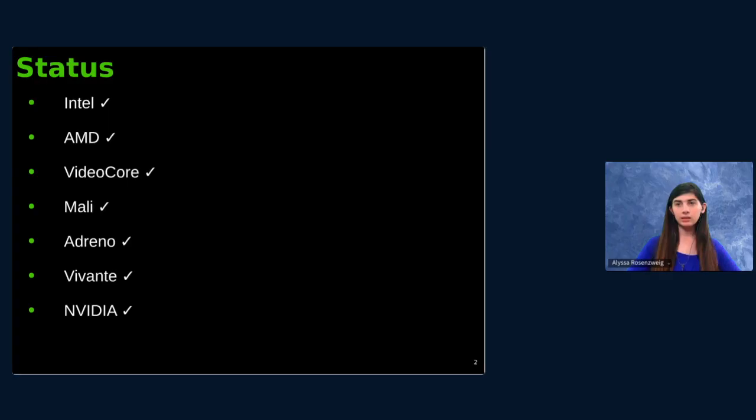In the lead, so to speak, you have, for example, Intel and AMD, who are leading their own free graphics drivers, as they should be, and which are well integrated into a GNU+Linux desktop, which work wonderfully. Similarly, VideoCore, which you'll find in a Raspberry Pi, nowadays has a free graphics driver, as it should. A little further behind, you have Mali, whose effort was very recently a reverse engineering effort, but which is starting to see some better support.